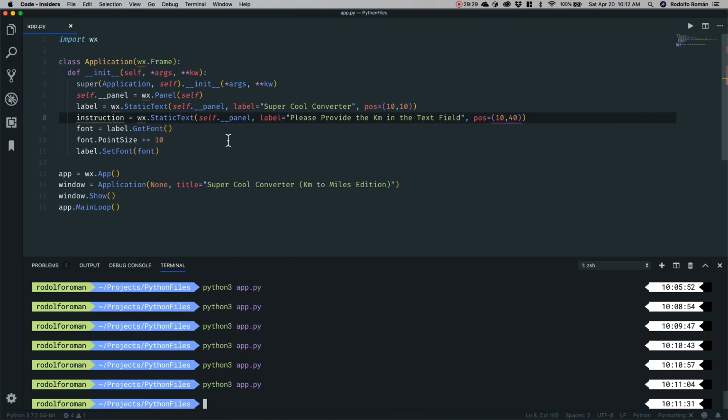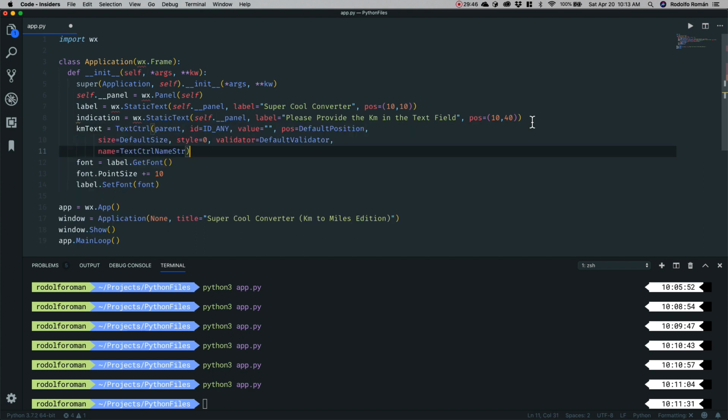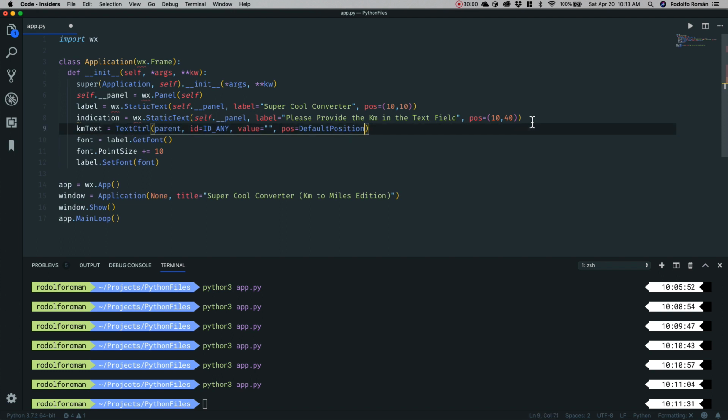Let's change this to the instruction indicating what to do. So let's say kilometer text is going to be equal to this. So we also need the name, we also need the validator, style I don't care right now, sizing either, position,